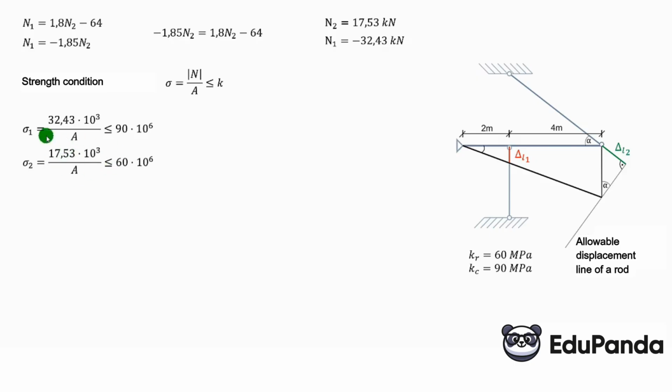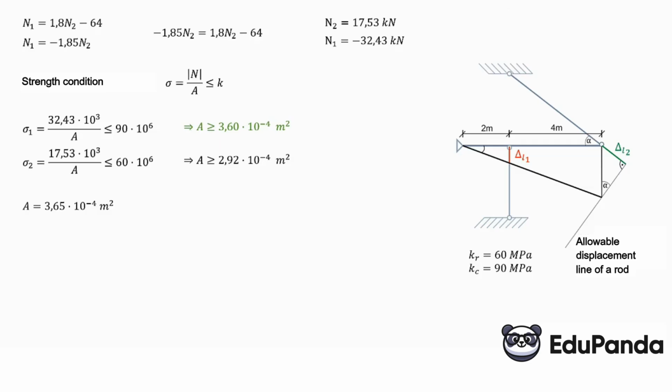I immediately wrote down the second condition. Stress in the second rod, which is the absolute value of the force in the rod divided by the cross-sectional area, and the tensile strength. From the first condition, the area A would be 3.6 times 10 to the power of minus 4. And from the second condition, 2.92. We take the common part, which is the larger area, which is this one. And we had to dimension the diameter, so I assumed this area to be a bit larger. From the condition, it turned out that it should be greater than or equal to